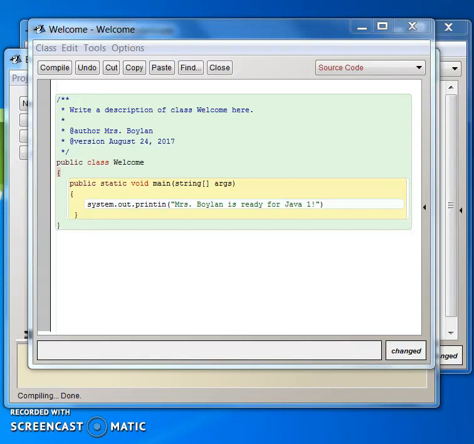Hi, I wanted to take a couple of minutes to talk to you about some common programming errors as we get ready to start programming in class. Some of you may have already gotten a jump on it, but it's still a good idea to hear about these. I have the welcome program here that has a couple of common errors listed, and I'm going to compile